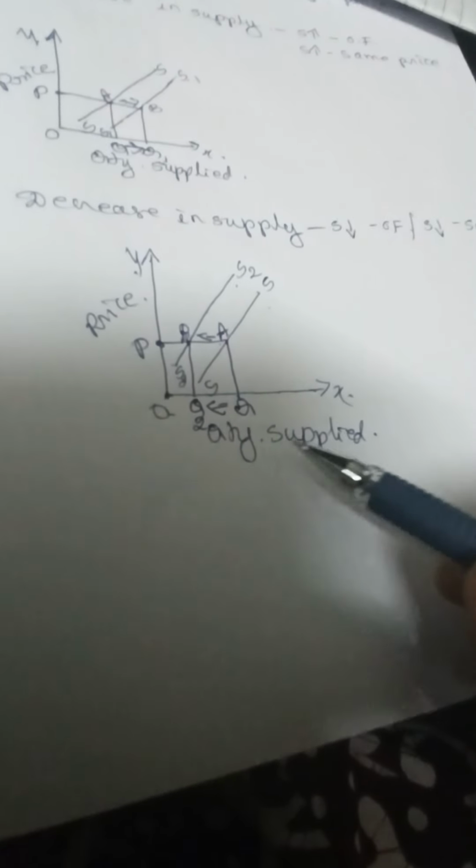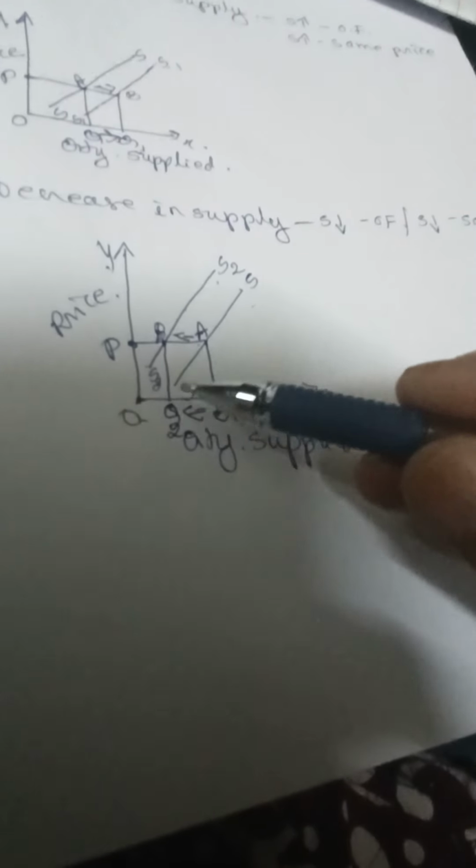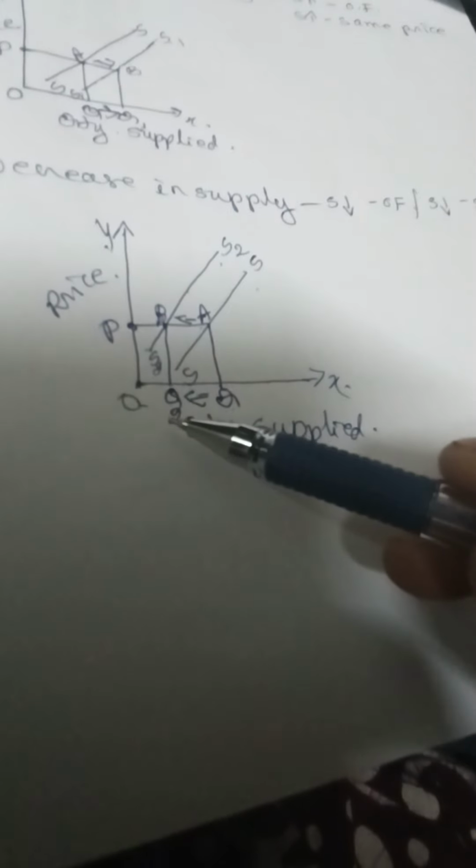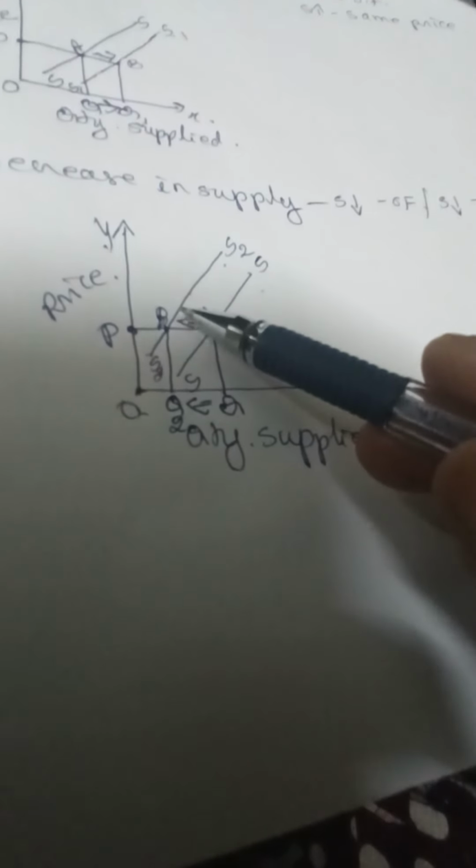So now you have to explain the diagram. Quantity supplied is shown on x-axis and price on y-axis. SS is the original supply curve. When the price is OP, quantity supplied at the beginning is OQ. Even though the price remains the same, quantity supplied decreases from OQ to OQ2, and that is shown by a new supply curve S2, which lies above the original supply curve, or there is a backward shift in the supply curve.